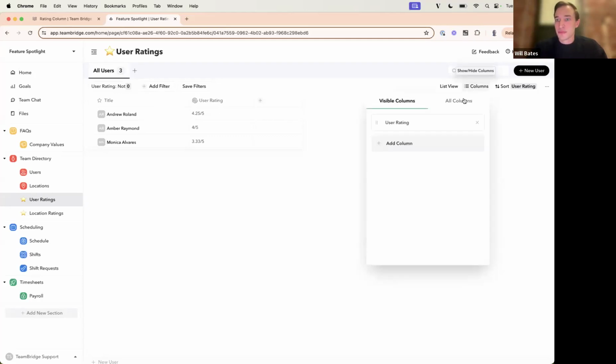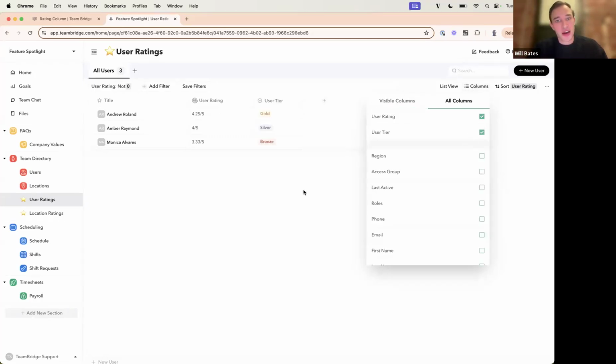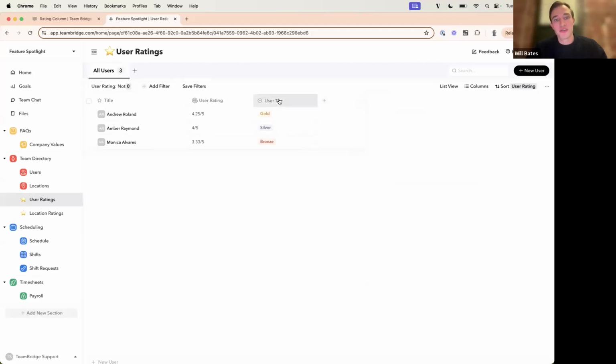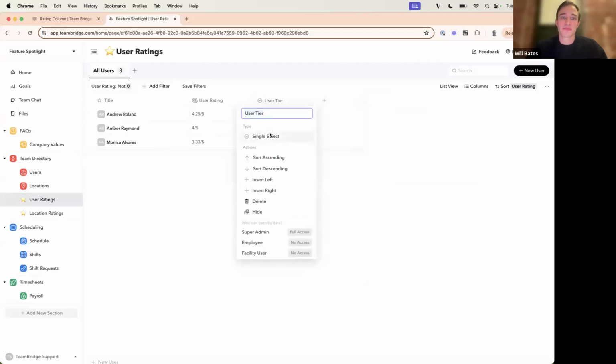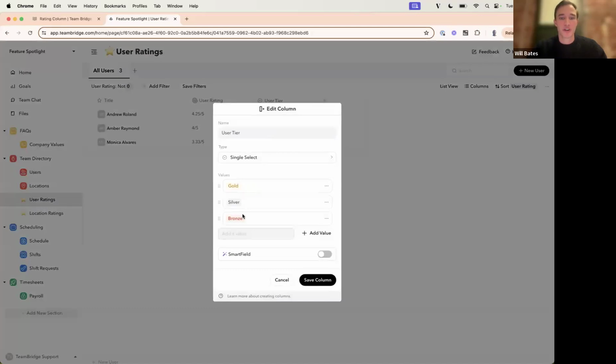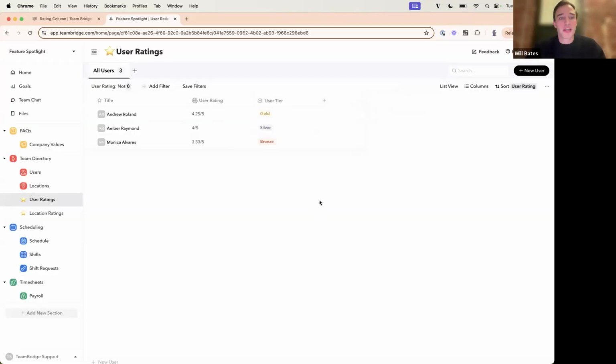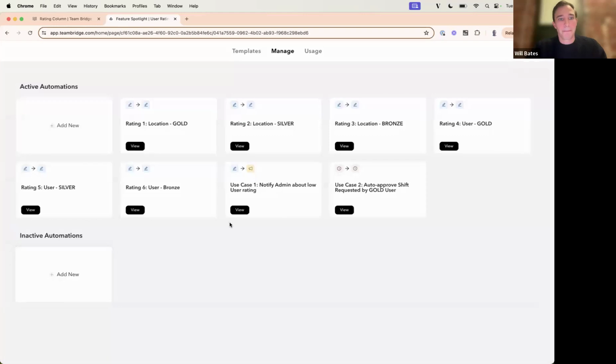So I went ahead and added a user tier column, and you can see this is just a single select column, and I just have gold, silver, and bronze added to it. It is not a smart field. It's just a regular field, but I'm populating it using automations as these ratings are being updated. Now what that looks like, if I jump over to automations, again, by clicking my user profile in the bottom left and selecting automations, I can see that,